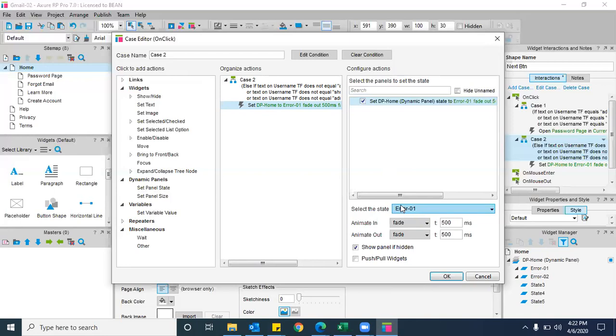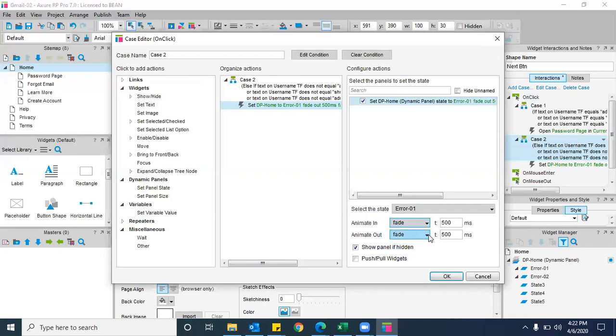Clear? And the next step is if you want to apply animations, fade or slide, whatever.